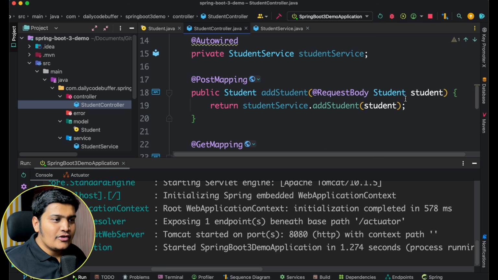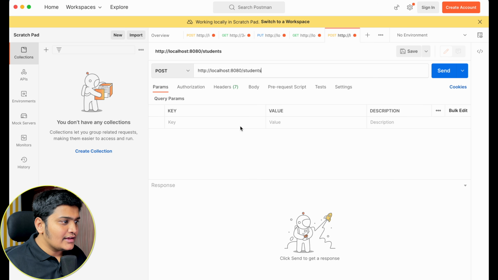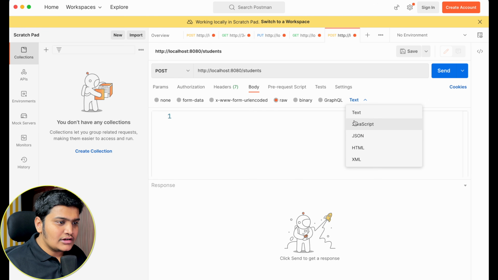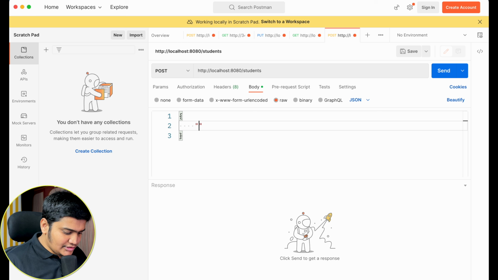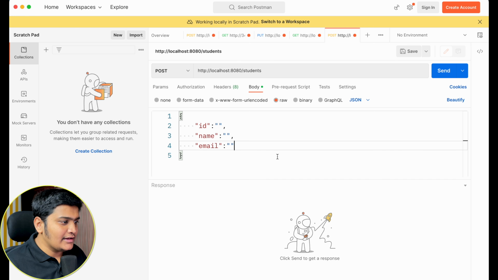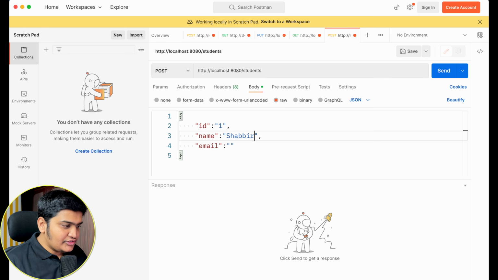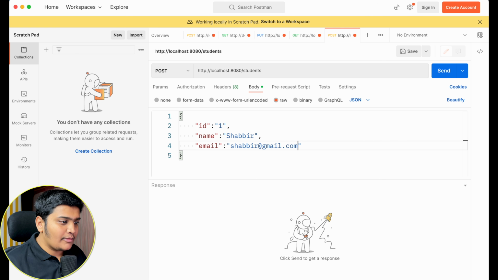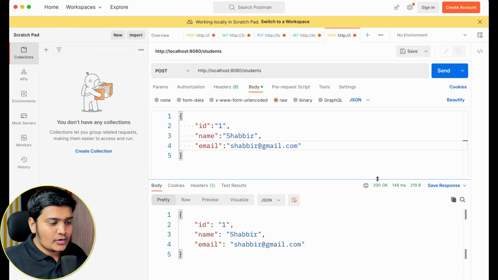Okay, and what we are going to do, we are going to get the student here. Okay, so within the student, if I go to the body, I need to pass on the raw JSON data, and the first one is ID, the second one is name, and the third one is email. So these are the three details that we need: ID, name, and email. So let's pass on the details. I am going to pass ID as 1, name as Shabir, and email ID as shabir@gmail.com. Okay, and I'm going to hit on send, and here you can see that we got 200 requests here,